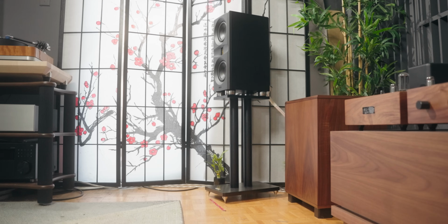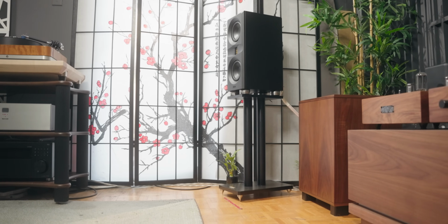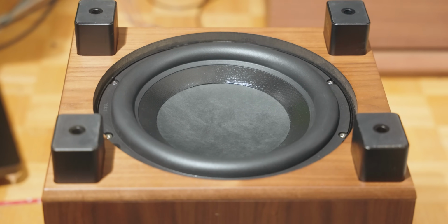Now, another specific thing that I found with the Classic 99 is that because it's a down-firing subwoofer, it actually utilizes the floor to pressurize the room. And this dispersion pattern of a down-firing subwoofer is a little bit different from the TX series or other REL subwoofers that have a driver that's firing forward. Instead, you don't even see the driver on the Classic 99, but it fills the room nicely, kind of like an open baffle subwoofer, but with a little bit more pressurization and again, that texture that I was talking about that is more extending and grippy and richer than a typical open baffle subwoofer that I